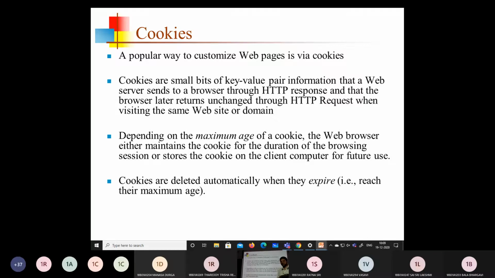After that, we have seen the usage of the HTTP session object in servlets. We have seen how to create the session object from the request object, using the request.getSession method, which returns an HTTP session object.